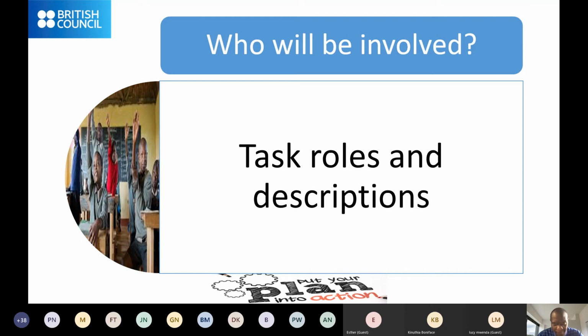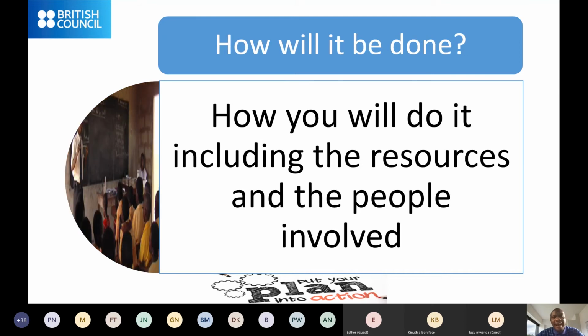When you're explaining how it will be done, be very clear on what you will do. For example, I will select stories in my grade 3 literacy lessons which have aspects of deep structure, so that when I'm teaching listening and reading, I'll be focusing on my learners identifying the deep structures as well as building their reading and listening skills. I'll be working with my year level teachers. So if I'm teaching grade 3, I'll be working with the grade 3 teachers in the other classes. And I'll also be working with the panel head of language.